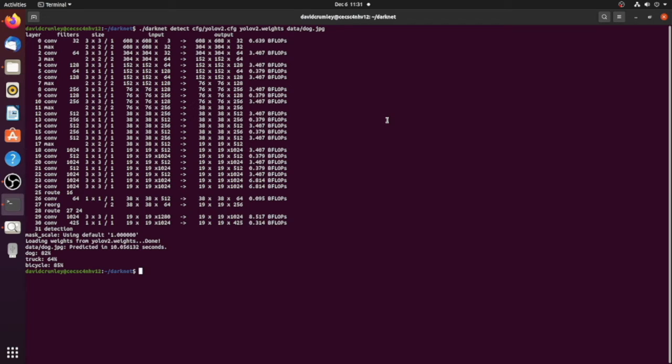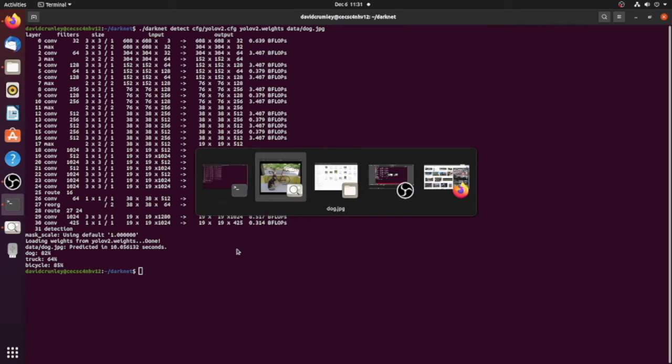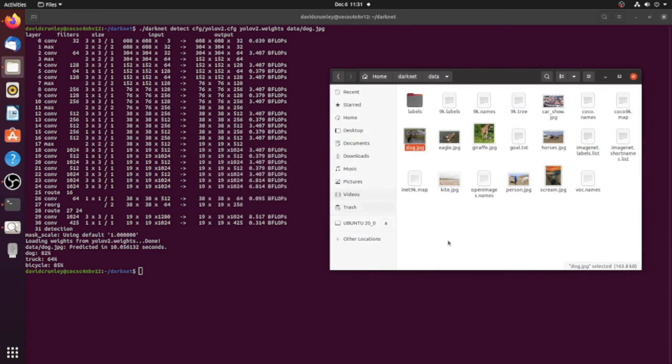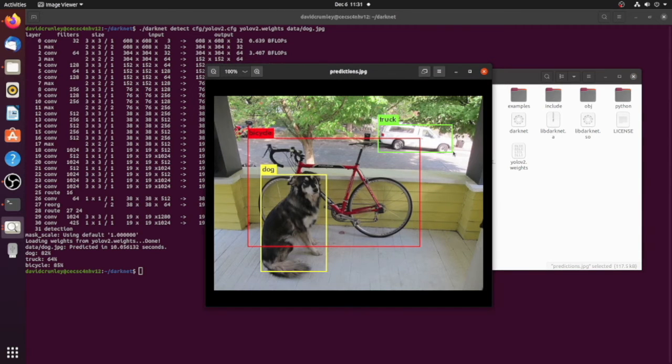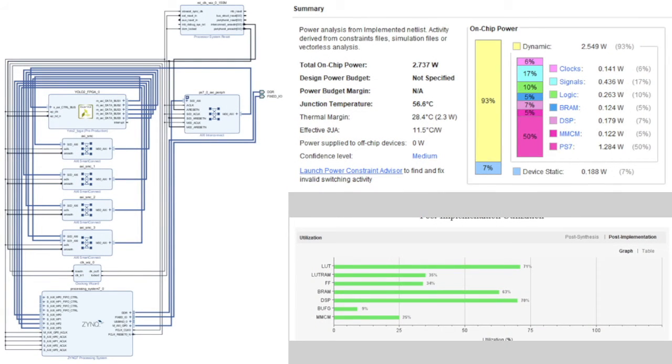We can see here all the layers. And here we see our inference results and our time, about 10 seconds. And we can go back and look at the boxed images with the detections. So now that I know the network can correctly detect objects and the performance of it on a standard CPU,